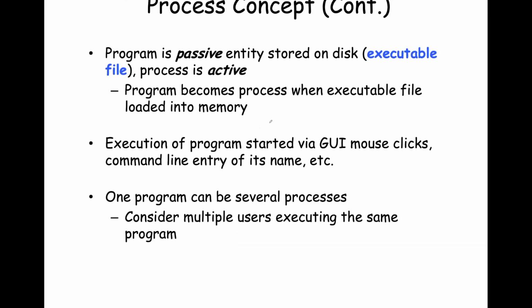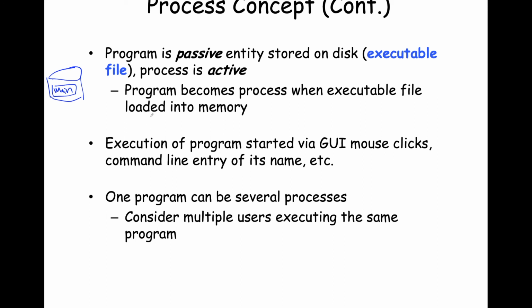A program itself is passive. A program is what is on disk. So let's say you have your disk here, and you write some function, let's call it main, and it's an executable. It exists on the disk. It is a program. Remember, a process is active. It's something that is actively executing on the processor. And a program becomes a process when this code, text, data, etc., is now loaded into memory and put in the status where it can start to be executed, the instruction stream executed on the CPU.